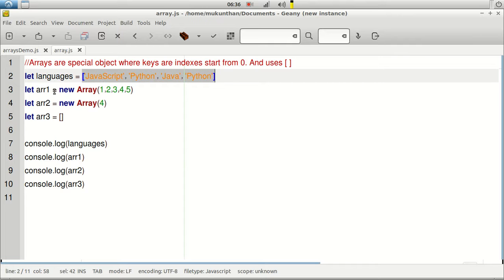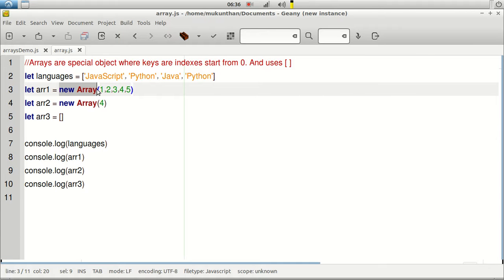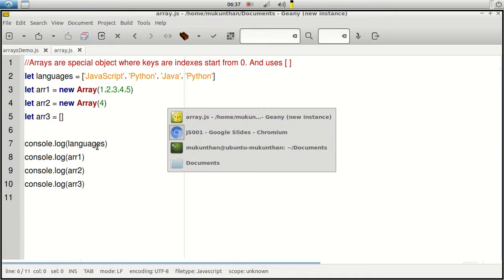Next, you can create an array by using the Array constructor, where you either pass the list of elements to be inserted in your array, or you can pass the length of the array. In simple terms, if you pass only one element, it will create an array with the length of that element. If you pass multiple elements, then you will have the list of those elements inside your array. If you give only empty square brackets, it will create an array with 0 elements, and after that you need to insert your elements inside your array. Now let's print this and see what output we are getting.